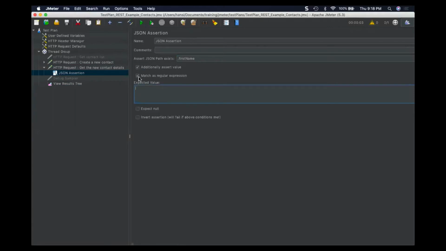Also you can give regular expressions. Now this time I am hard coding the value Janesh. Likewise you can repeat it, Control Shift C, duplicate, also with the last name.